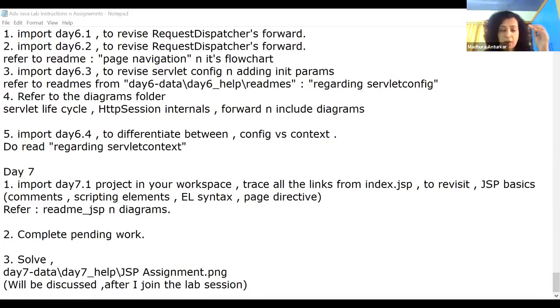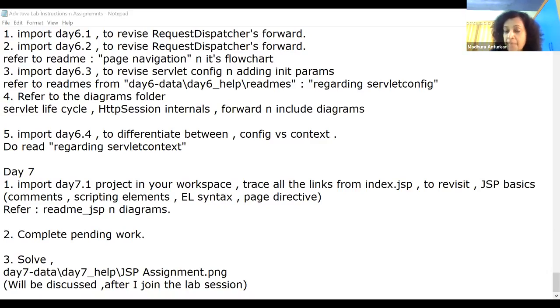So if you want to create one single copy of an attribute to be shared across multiple clients belonging to the same web application, what will you use? Tell me, servlet config or servlet context? Of course, you'll use servlet context. And until before, in JSP, how did we do that? Simply say getServletContext().setAttribute(name, value). When you learn JSTL tomorrow, I'll show you there is a tag c:set. It becomes so easy. But today you don't know about it, so discard it.